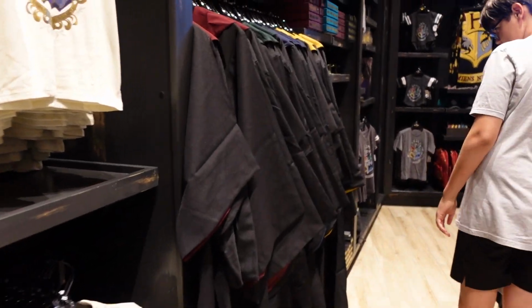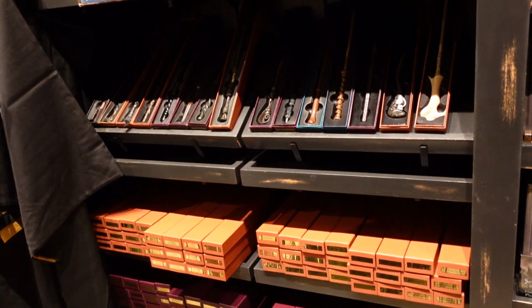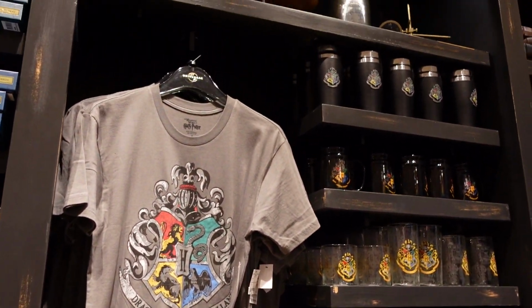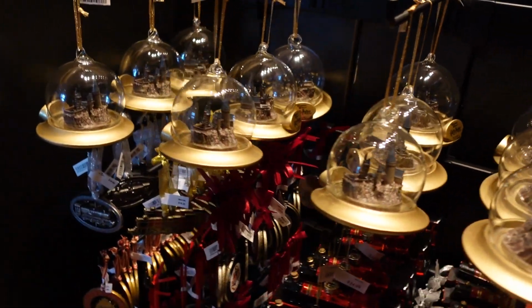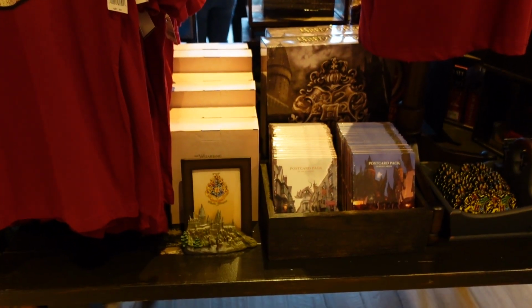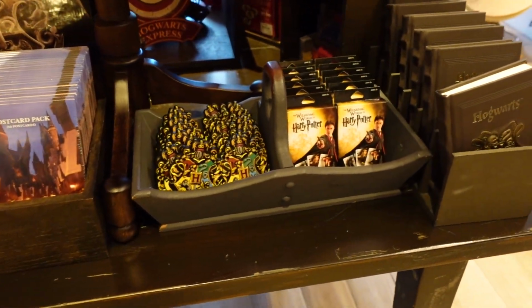You got some robes and even some mugs here. It wouldn't be a Harry Potter store without a selection of wands, of course. You have a selection of those, and then more Harry Potter and Hogwarts merchandise, even ornaments for your Christmas or holiday tree at home, or just because. They even have the 9 3/4 station platform shirt, some more Harry Potter stuff, including what looks like a playing card